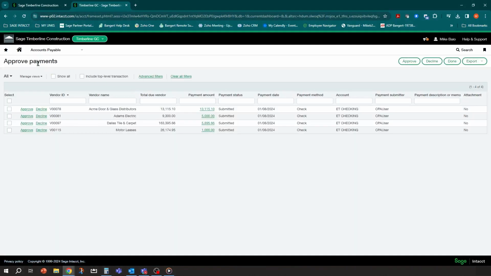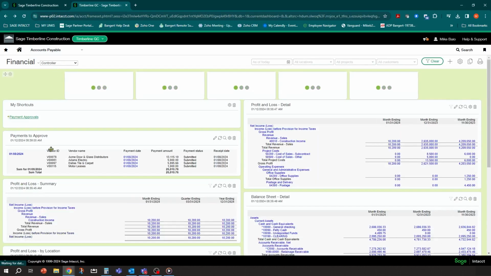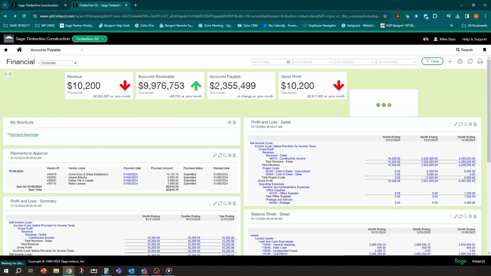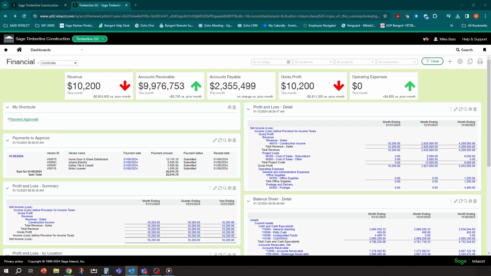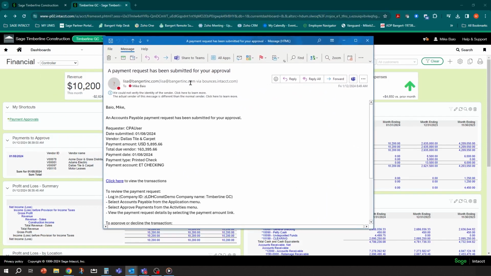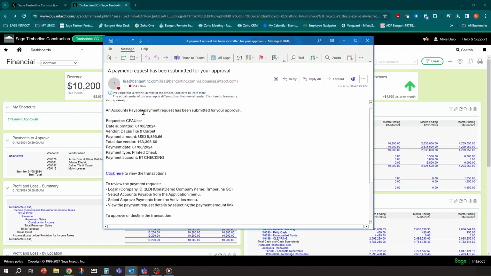In addition to that, for some reason, if I don't have my dashboard open, I'm not aware of it, the system is automatically going to send me emails notifying me that there's a new approval out there for me. So I have some of those emails here. I'm going to open one up. It's on my other screen and I'll drag it over. So you can see here, here's a payment request email that has come over.